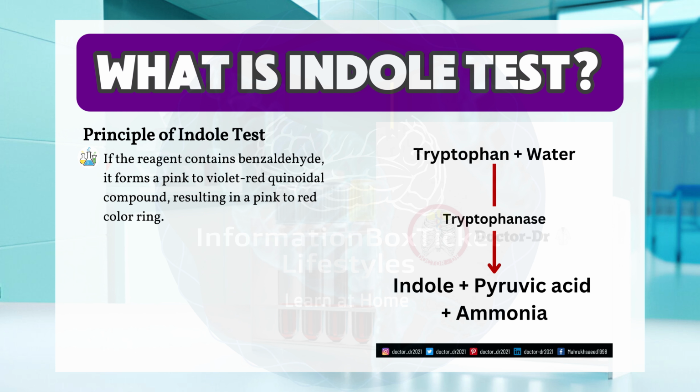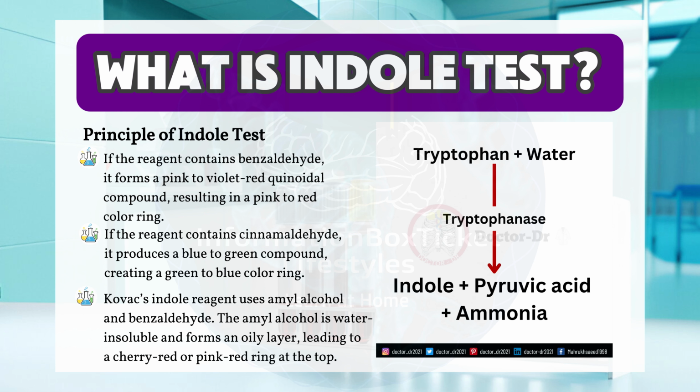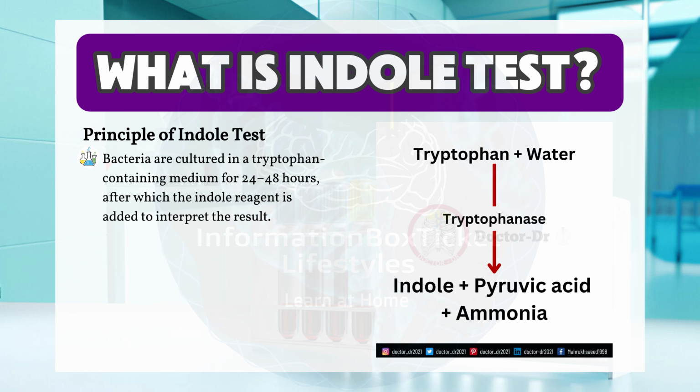If the reagent contains benzaldehyde, it forms a pink to violet-red quinoidal compound, resulting in a pink to red color ring. If the reagent contains cinnamaldehyde, it produces a blue to green compound, creating a green to blue color ring. Kovacs indole reagent uses amyl alcohol and benzaldehyde. The amyl alcohol is water-insoluble and forms an oily layer, leading to a cherry red or pink red ring at the top. Bacteria are cultured in a tryptophan-containing medium for 24-48 hours, after which the indole reagent is added to